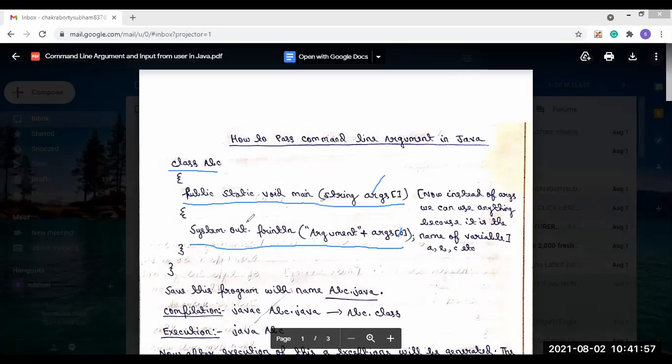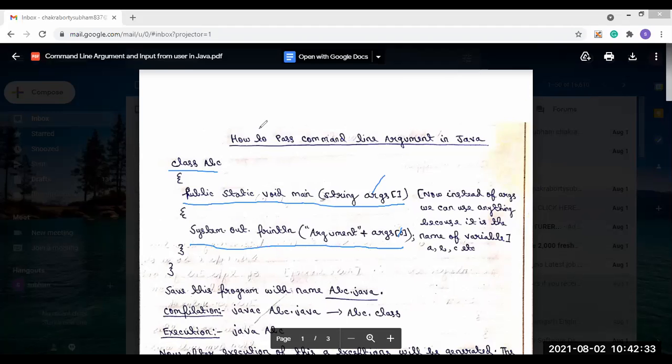After compilation, Java creates the bytecode, and the bytecode will have the extension .class. For execution we use java, then the name of the file. That's how the execution is done.